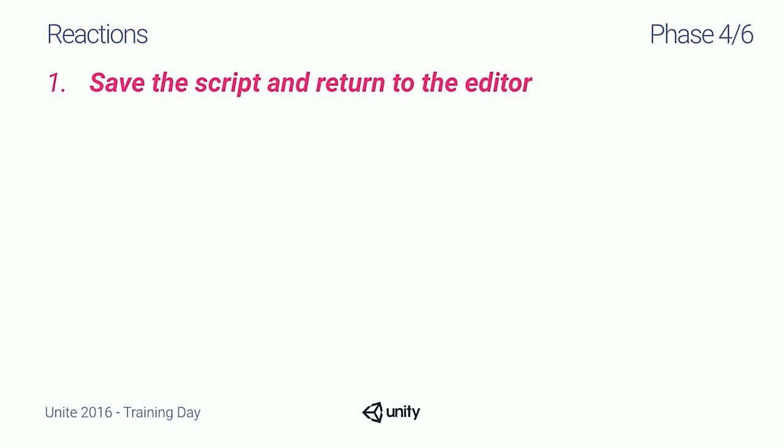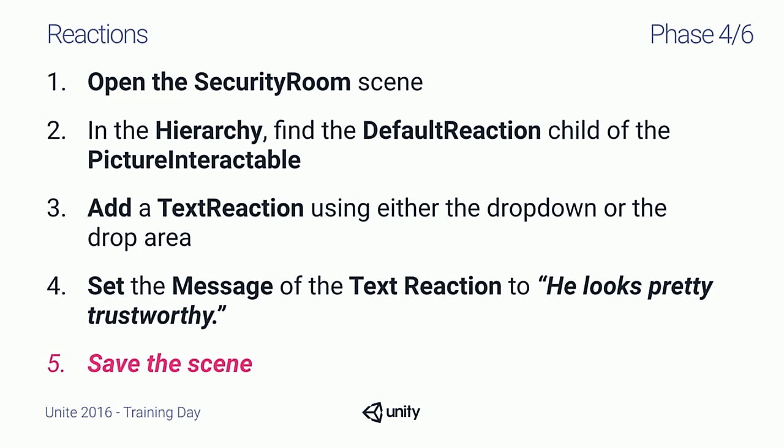So we're going to save our script and return to the editor, and we were going to open the SecurityRoom scene. And in the hierarchy, we want to find the DefaultReaction child of PictureInteractable, and we want to add the TextReaction that we have just created and set the message of the TextReaction to "He looks pretty trustworthy." So seeing that in action,